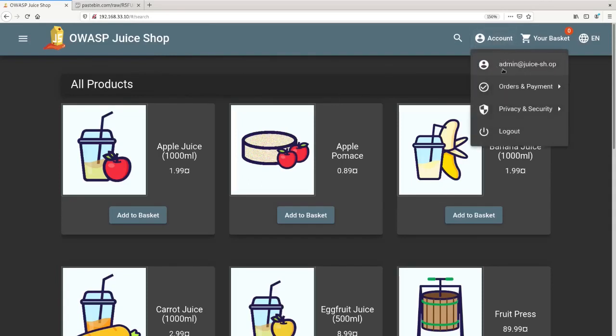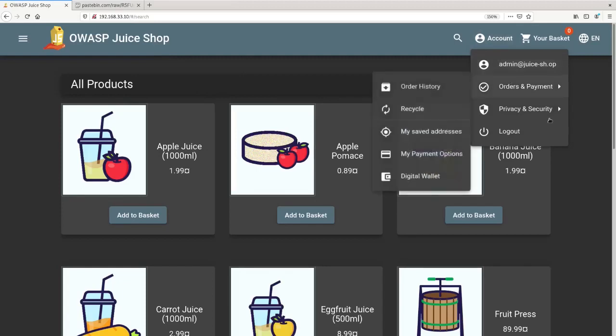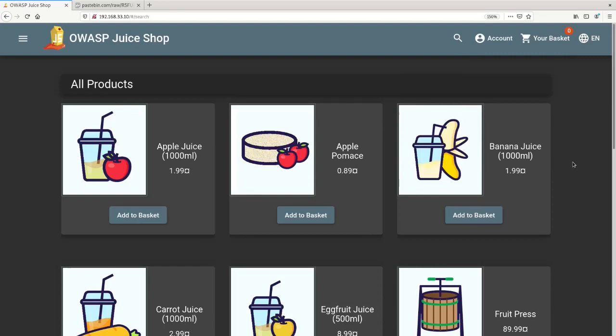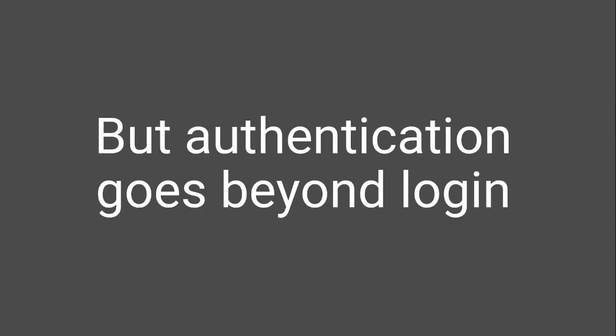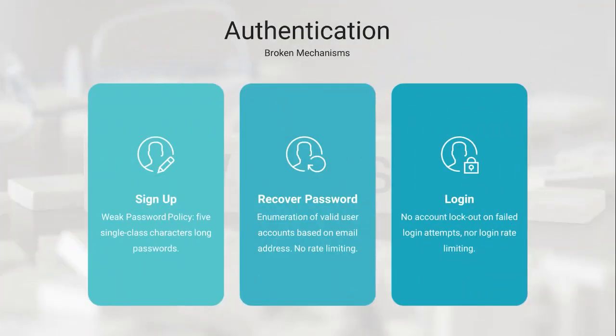In fact, it does, and we are now logged in as admin. We said that before, and now you have seen it in practice. Although there's a password strength calculator in the sign-up form, strong password policies are not enforced, allowing 5 single-class characters